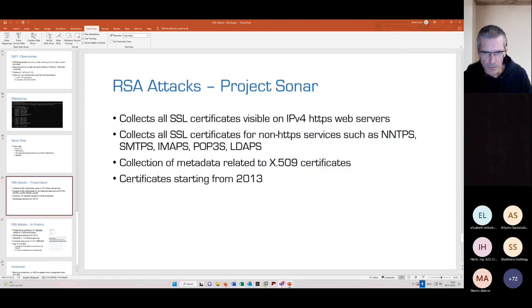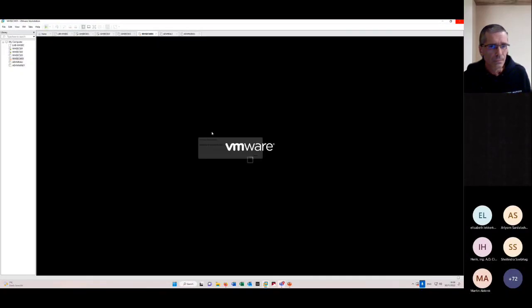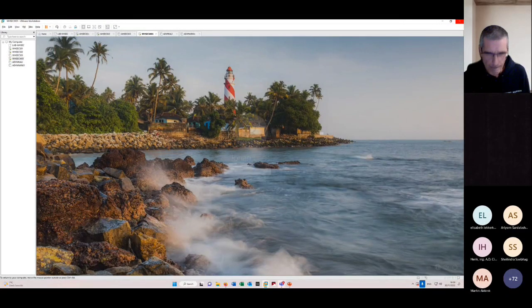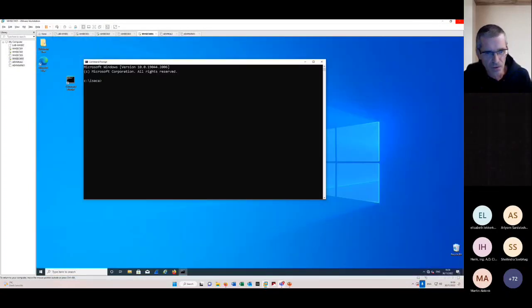So let's go to my virtual environment. Everything is now live, so something can go wrong, but normally not. So what I did before we can start with the recovery of the private key: first you need faulty key material, and I used my tool to generate faulty key material. So how can we do that? Let's say